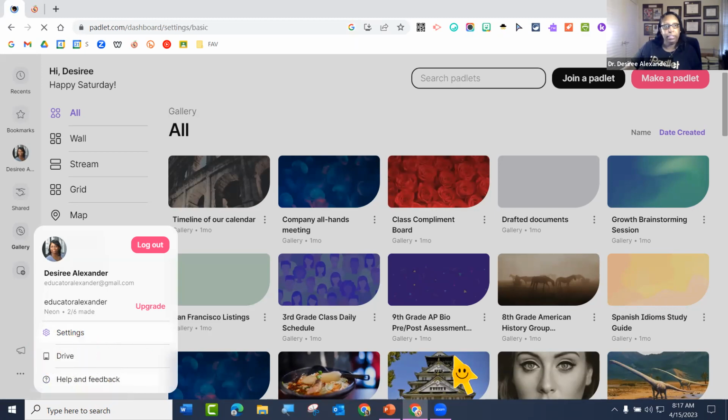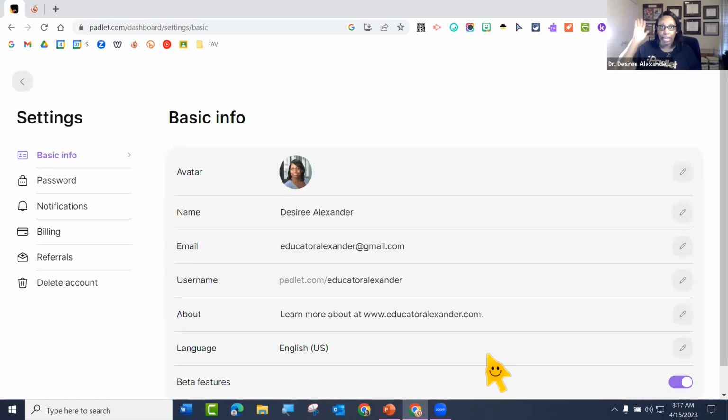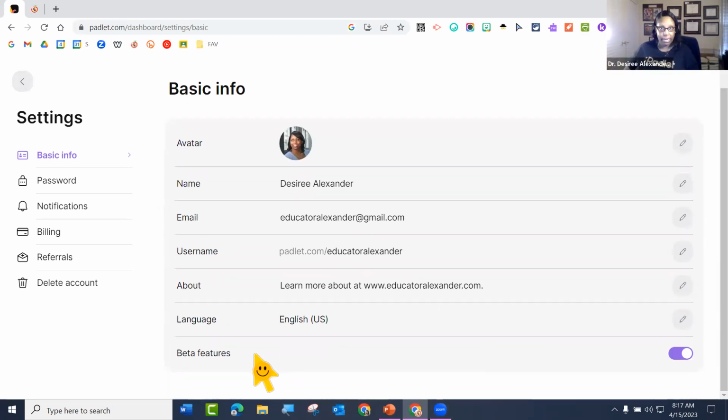So for your settings, one setting that just came out, and I suggest everybody go and click on this, is beta. If you turn this on by just clicking it, this is where you can test beta features. That means when something new is coming out and they just want somebody to test it, they may ask you for feedback. This is how you can test it. So you can get the newest and greatest before everybody else does, because you knew to go and click this button. So definitely turn this on. This is brand new for Padlet, so turn it on.